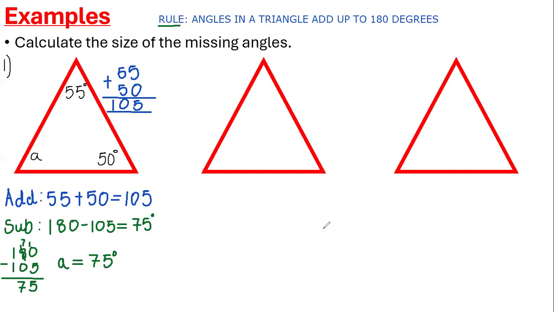Shadina Hales, can you hear me? Can you hear my microphone? Good. Do you understand how we got that A is 75 degrees? It's either yes or no. Have you written this down? You have to send me your notes. You haven't sent me your notes as yet.